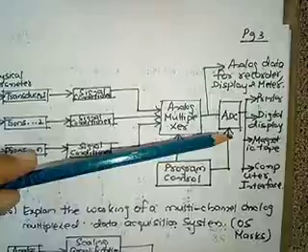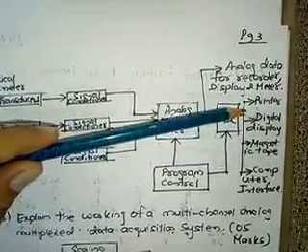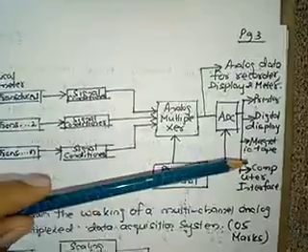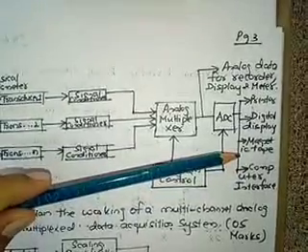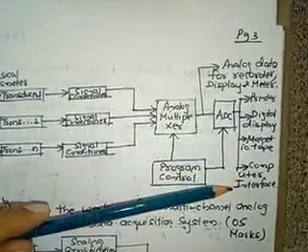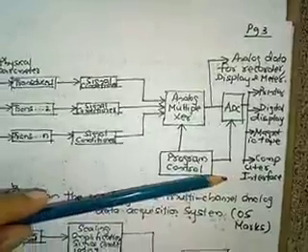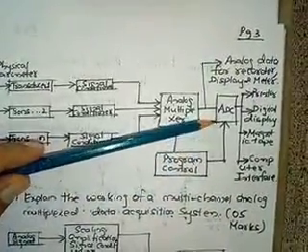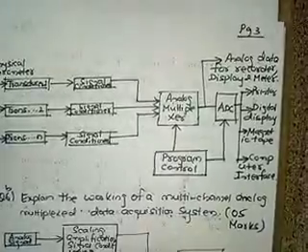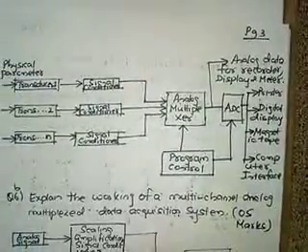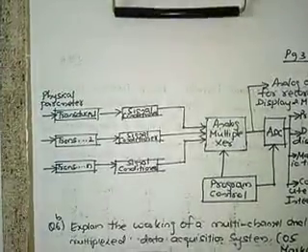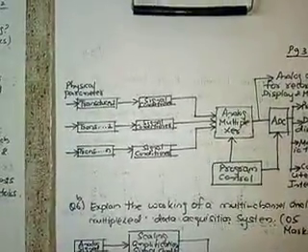The ADC output can be applied to a printer, or it can be displayed on a digital device, or it can be recorded on a magnetic tape recorder, right? Or it can be interfaced with the computer. So this is the output from the ADC, the analog to digital converter. So this is how the different blocks function in a generalized data acquisition system.